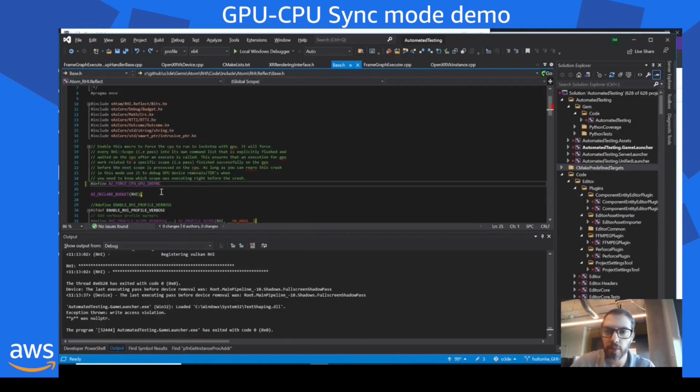Comment it out, so you can comment it, recompile, and rerun. And what this macro does under the hood is it will make sure that when the CPU is encoding GPU commands, it will have one command list per pass. So for one command list, it will encode all the GPU commands for the pass that's next in line,